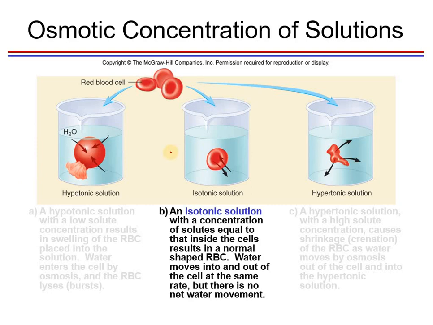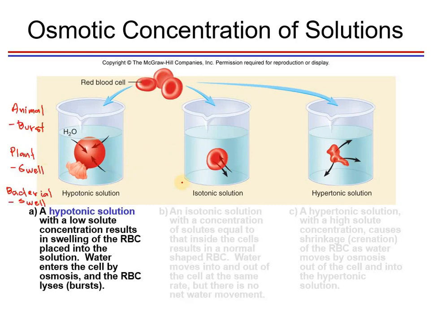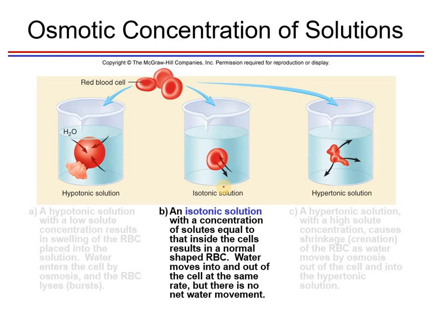So, sa isotonic solution, guys, pareho lang yung net movement ng solute at saka ng solvent or ng water in and outside of the cell. So, walang mangyayari. So, no change, no? Walang changes dyan. No change sa cell. So, sa animal cell, sa plant cell, sa bacterial cell, walang mangyayari kasi nasa isotonic solution. So, ibig sabihin, yung osmotic pressure in both sides, inside and outside of the cell, ay pareho lang. So, yung net movement, pareho din. So, walang mangyayaring change dyan.